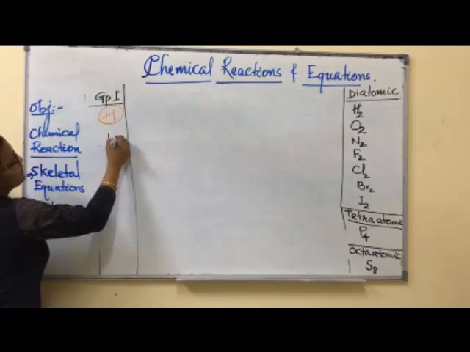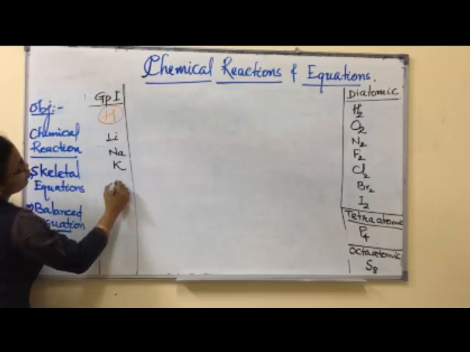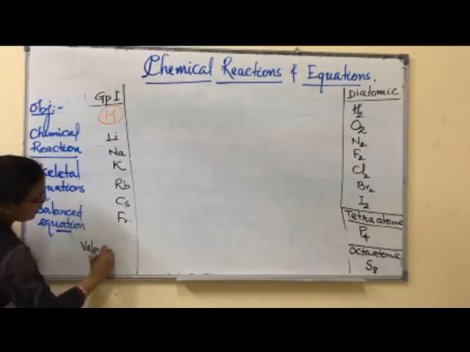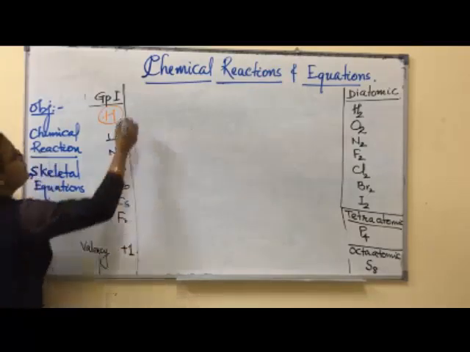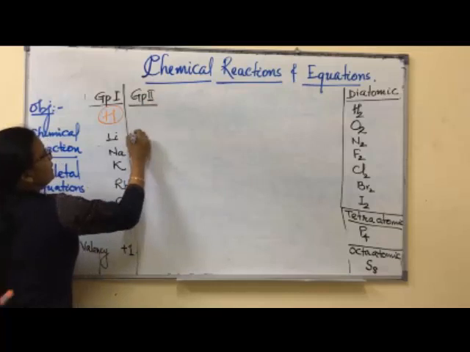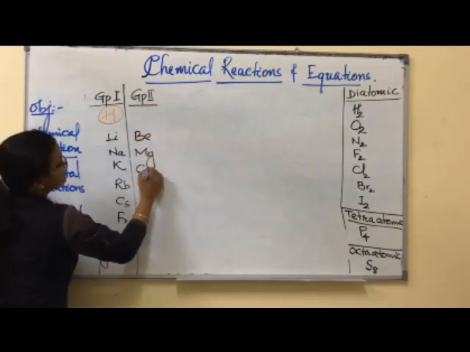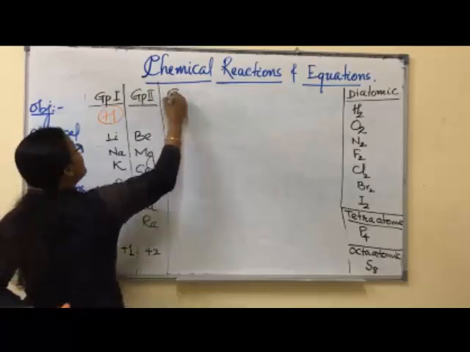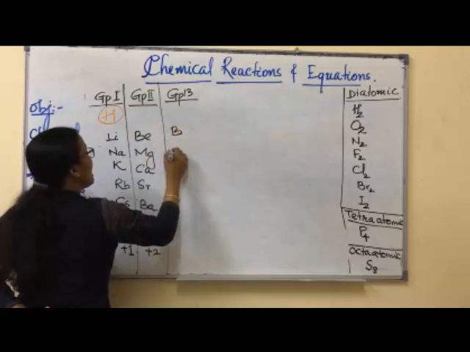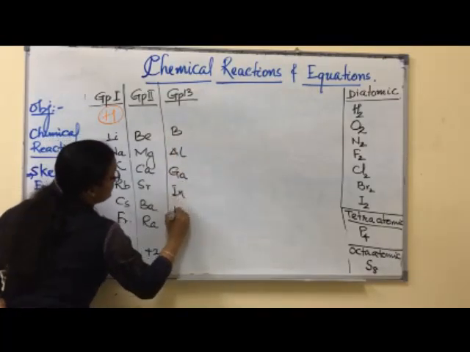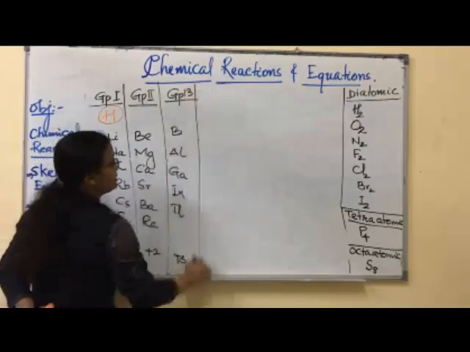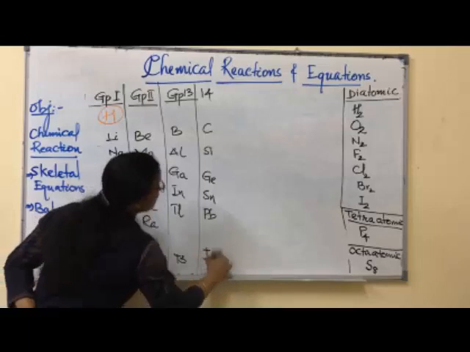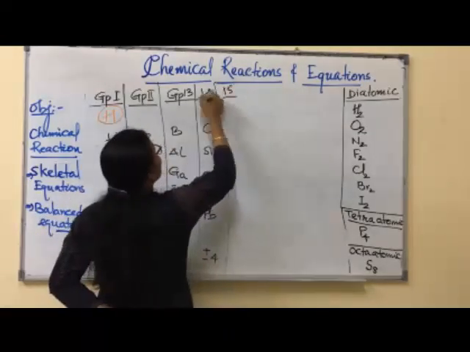Then hydrogen, lithium, sodium, potassium, rubidium, cesium, francium. And the valency of this group, I am writing, is +1. Then group 2 elements are beryllium, magnesium, calcium, strontium, barium, radium, and its valency will be +2. Then group 3 or group 13, I am writing here boron, aluminium, gallium, indium, thallium, and it will be +3. And group 14 will be carbon, silicon, germanium, tin, lead, it will be ±4. Then group 15 will be